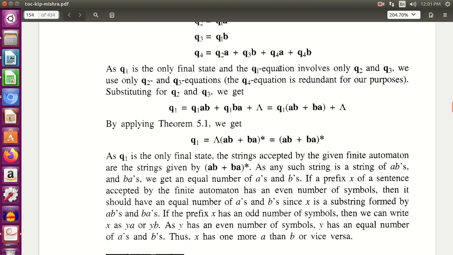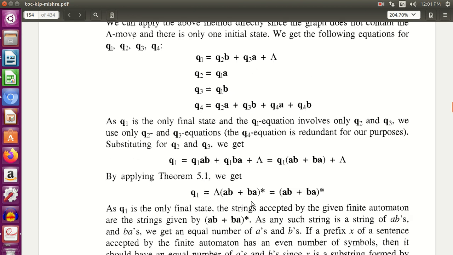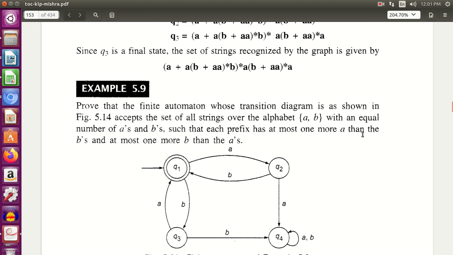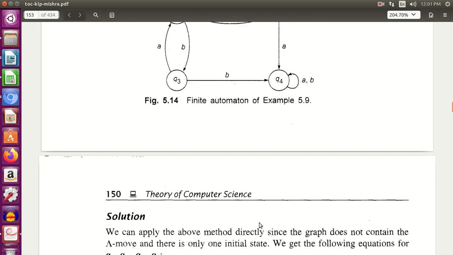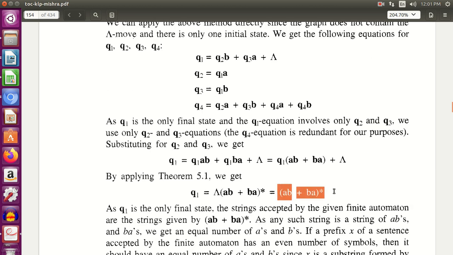Not just the derivation of the regular expression part, but even if the regular expression is not directly given to you to be proved, and the language is given to you, how are you finding out the analogy between the given language and the regular expression? That is the most important thing, that this part of the question, the statement, is actually equivalent to the regular expression that we have got. So this should be very clear to all of you.